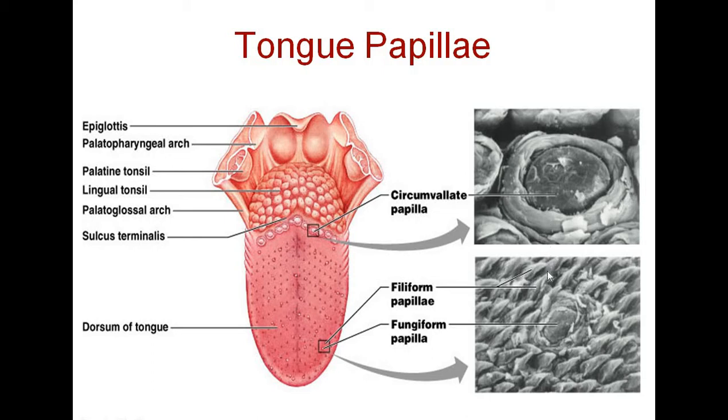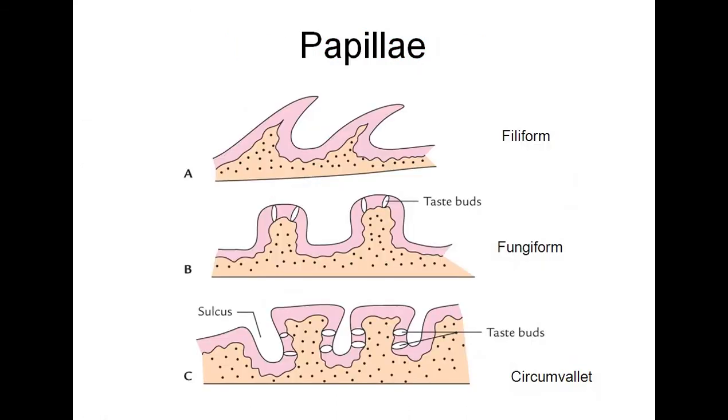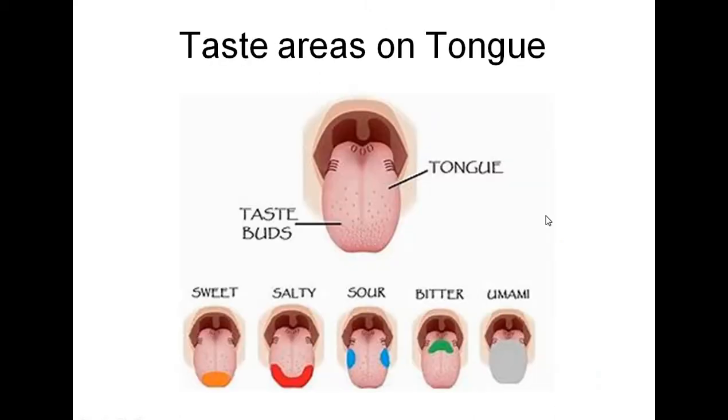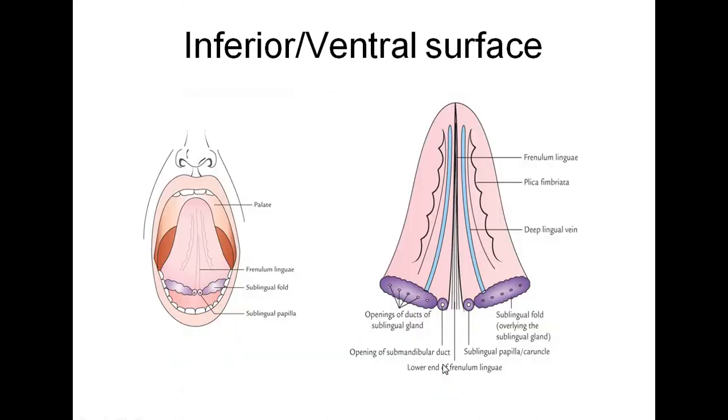This is the electron microscopic picture of a papilla, and fungiform papillae having a pin head and then a narrow base. Again, this is the diagrammatic picture showing the conical shaped filiform papillae, fungiform papillae and the circumvallate papillae. These are the taste areas present on the tongue. The area at the tip, at the lateral margin, including the tip, is for the salty taste sensation. The sour, it is at the posterior aspect of this lateral margin of the anterior 2/3 part of the tongue, and in front of the sulcus, it is for the bitter sensation.